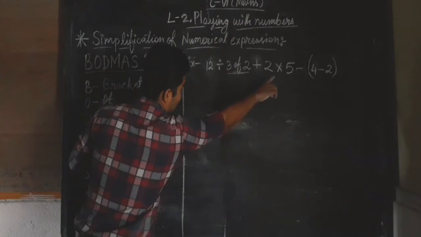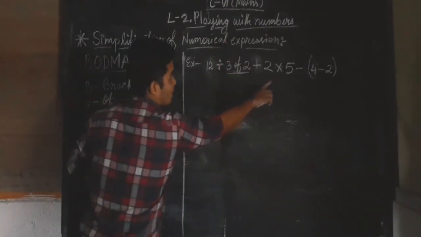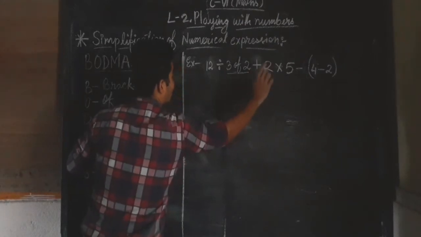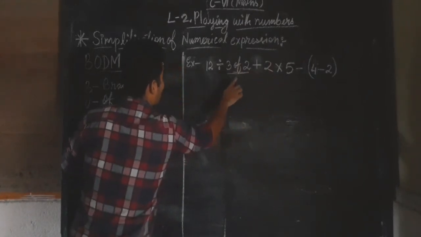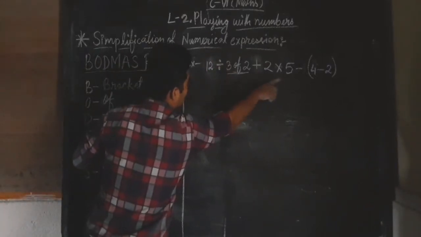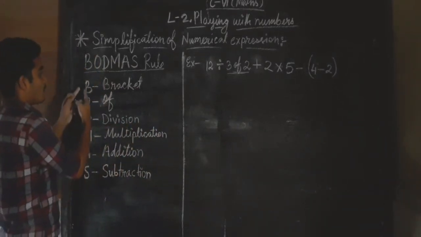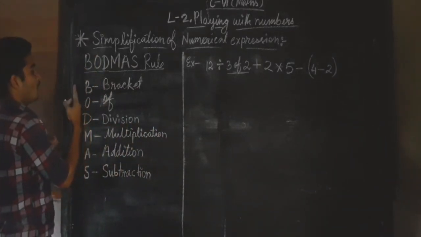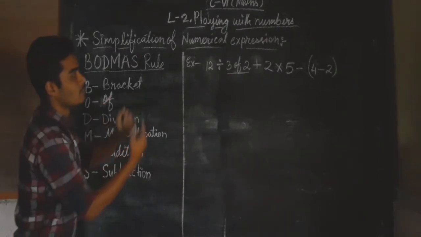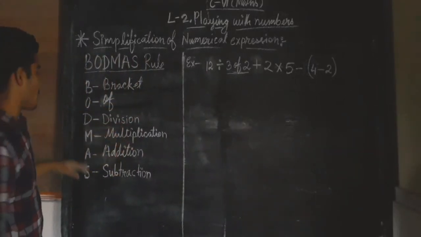If any other fundamental symbols are there, we will not even touch that symbol. We will not calculate that symbol wherever and whatever it is. But after of, we will go for division first. Here you can see multiplication is there, addition is there, subtraction. We can't go in that, because the rule is saying that after bracket we should go for of. After of, we should go for division. Directly we can't do any other calculation like addition or multiplication.